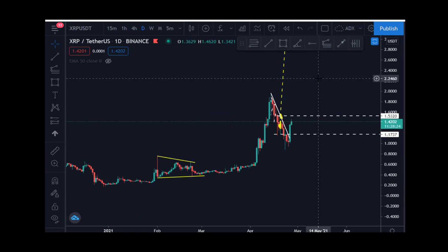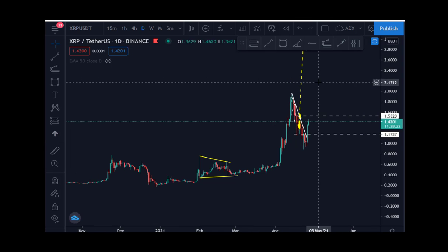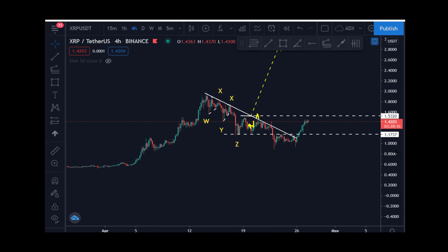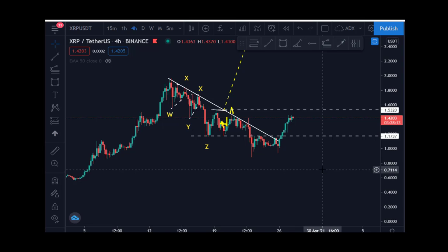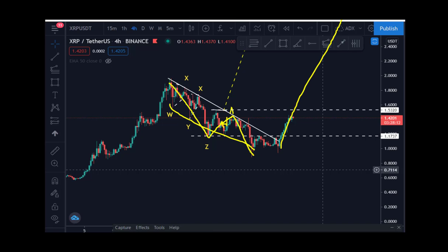This move definitely might break the all-time high, and from there it starts going. Because if you take the inner structure of this wave, the inner structure of this wave is complete. We have A, we have B, we have C. So it's a completed structure. So once this is completed, we're expecting the next wave up.